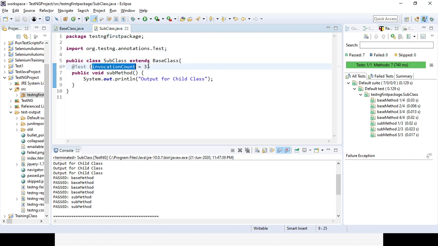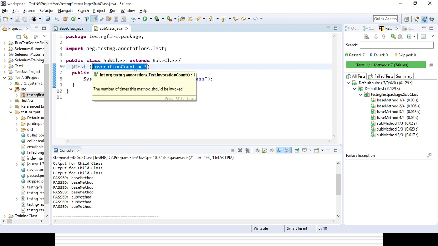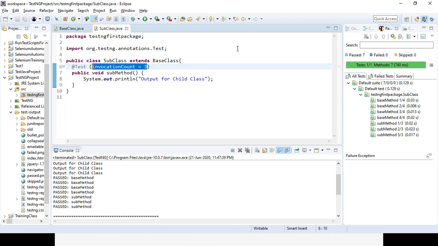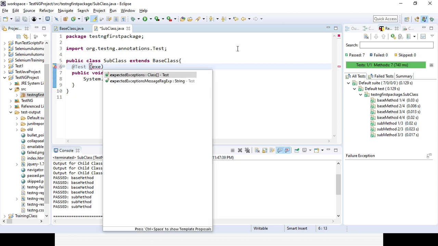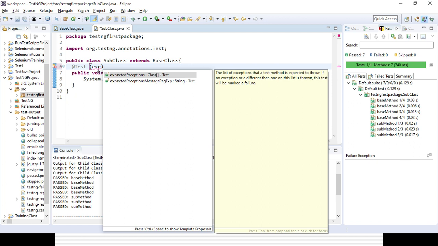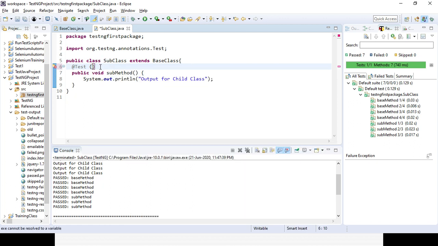So here, if I don't want to execute it, right? So what I need to do, I need to make enable equal to false here, if I don't want to execute the subclass method, but definitely my parent class method will be executed, right?